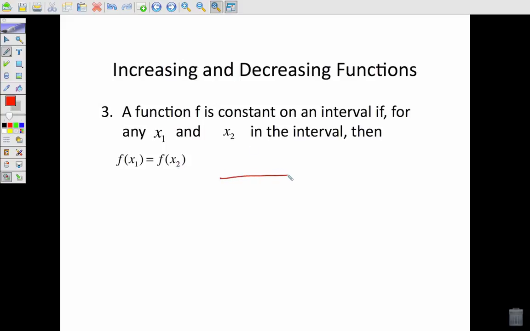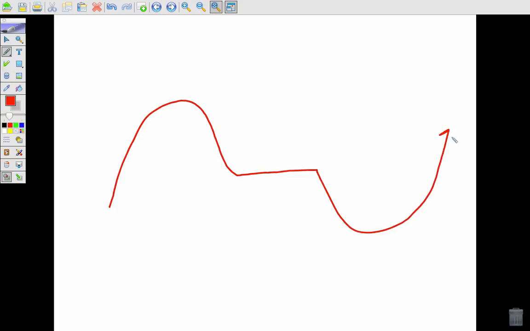A function is constant. So when a function is constant, it's because in that interval it's horizontal. Okay, so they're equal to each other. The function values are. What I'm going to do is show you an example and kind of map out. If I give you this as my graph, here's what I can do. Is I can show you that